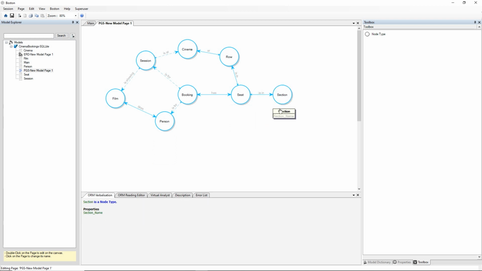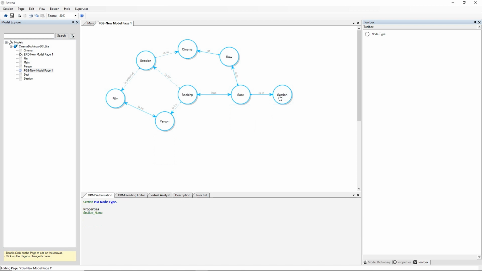If I look at section, section just has a property section name. So it's a property graph schema where people can make bookings for one or more seats for a session to watch a film at a cinema, and where seats are in rows in the cinema and seats are in sections. So it's a very simple